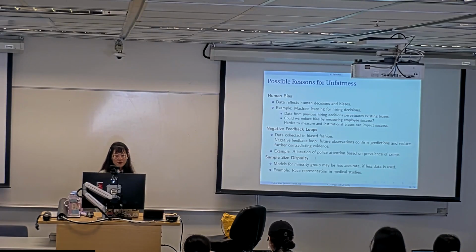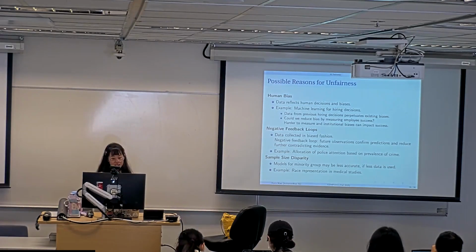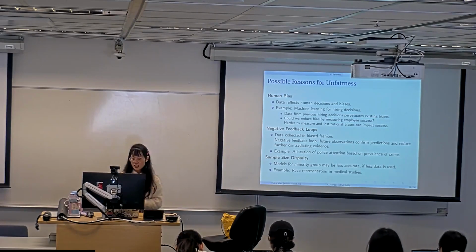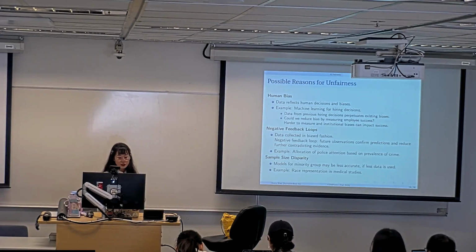The models for some minority groups may be less accurate if less data is used. For example, in medical studies, the race representation is really unbalanced. In medical studies, most of the data are from white people. Asian people are relatively less, and black people are even less. They already have unbalanced race representation in medical studies. Then that means maybe the drugs developed after the medical studies will be most suitable for white people instead of for other groups of people. And this also has a relation with